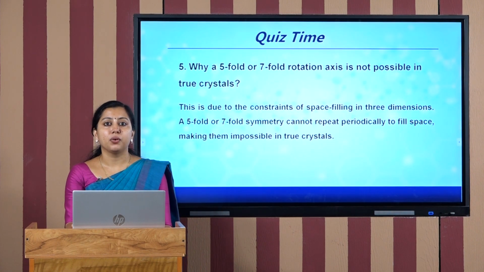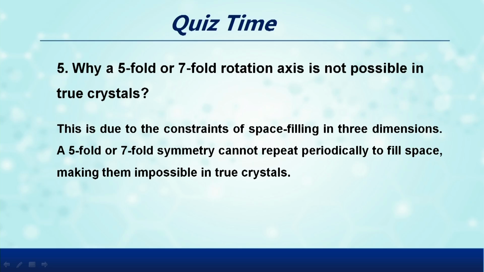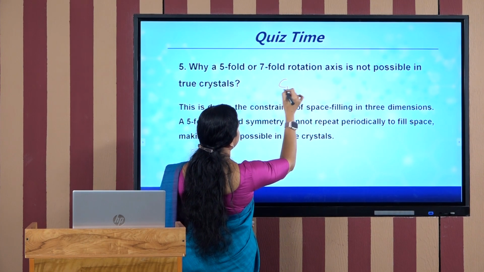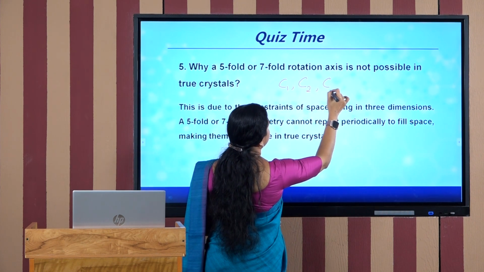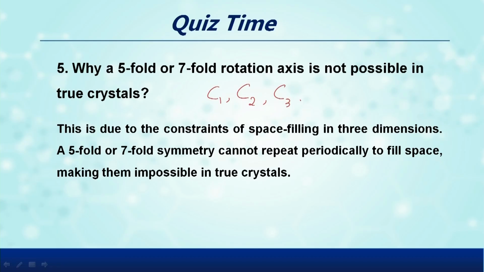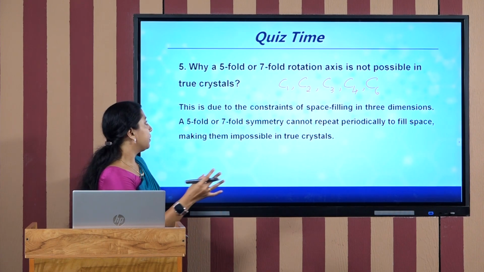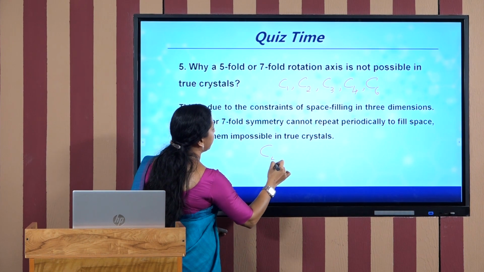And the last question, why is a 5-fold or 7-fold rotation axis not possible in true crystals? This is due to the constraints of space filling in 3 dimensions. We have seen that for a proper rotation axis, only a certain set such as C1, C2, C3, C4, C6, etc. are possible, but we cannot see a C5 or